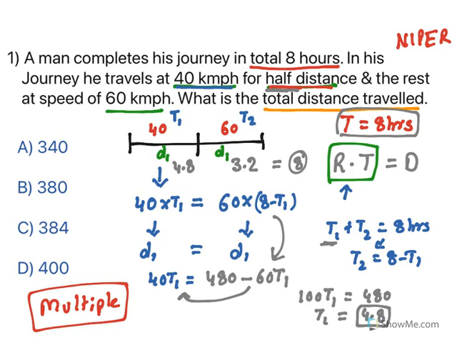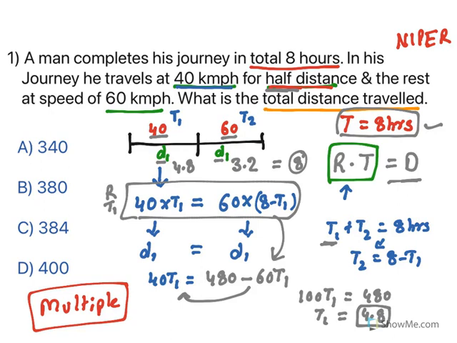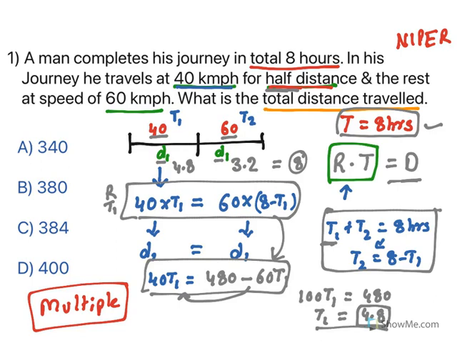Again, let me explain this. What is given? 40 kilometers per hour for the first half, 60 kilometers per hour for the second half. Total time is 8 hours. Using this formula, because the distance is the same, you equate both of them. R here is 40, T is T1; R here is 60, T I have just interchanged. When T1 plus T2 is 8 hours, T2 becomes 8 minus T1. This is what is written. When you solve this equation, finally you will get T1 is 4.8 and T2 is 3.2 hours. Now look at this. What is the question? The question is about the total distance traveled.